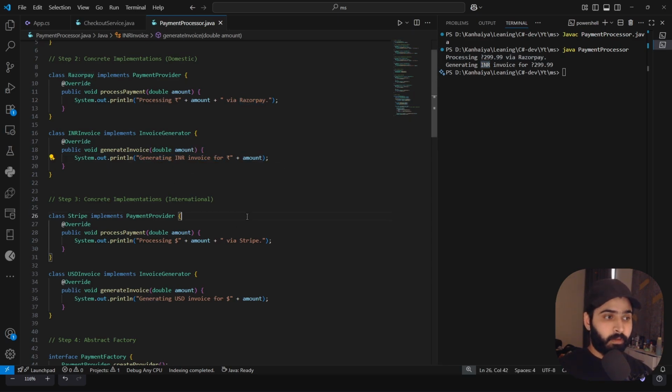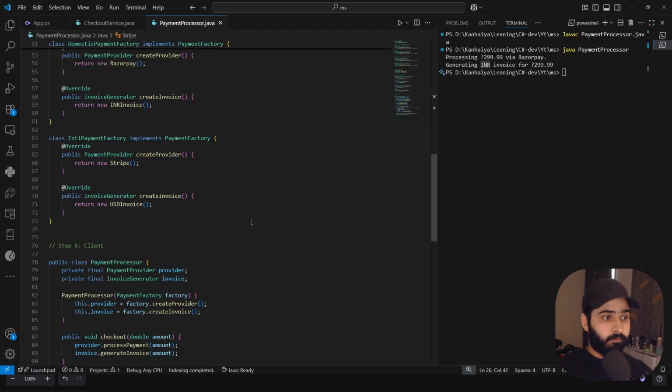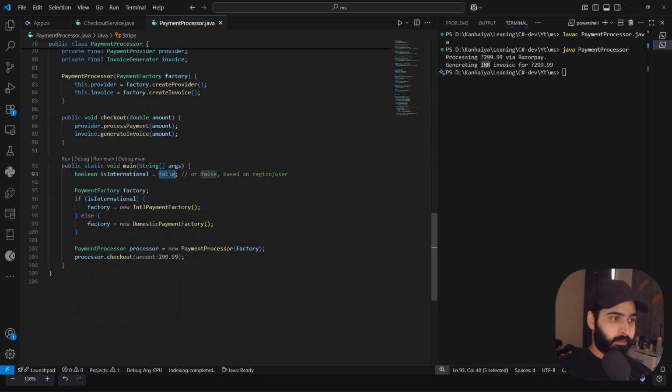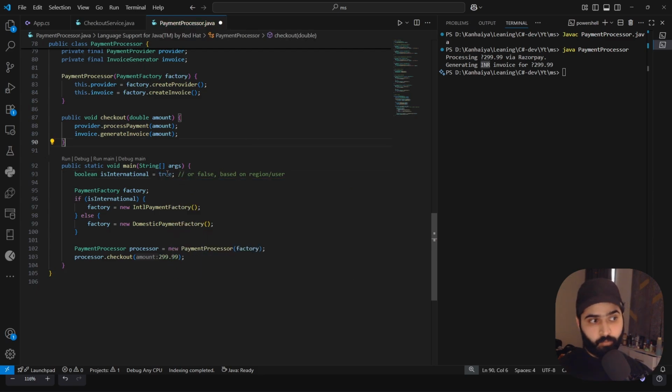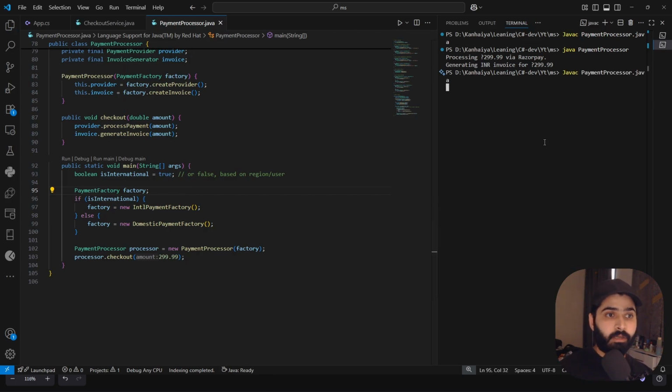Cool. And what if I make this boolean true, allowing international transactions? Let me compile this again.